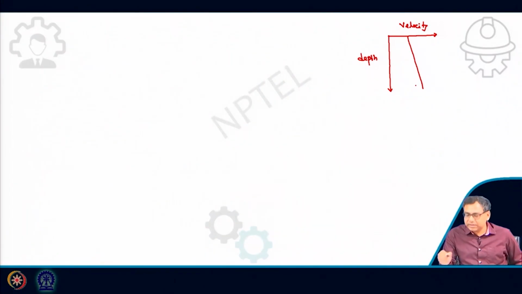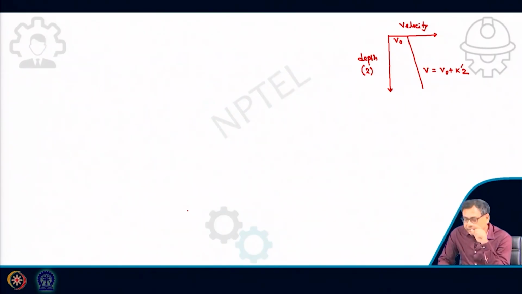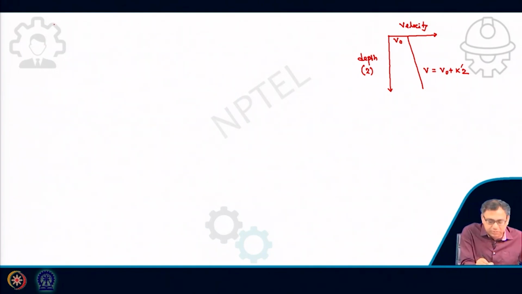Say that initially the velocity is v0, after that it is changing with a trend like v0 plus k dash into z, where depth is z and k dash is a material constant. Okay. So, that means here your velocity is changing with depth, but in a layer. Okay. So, now how will we do that? That is very common for sands, gravel. Okay. So, that means here a